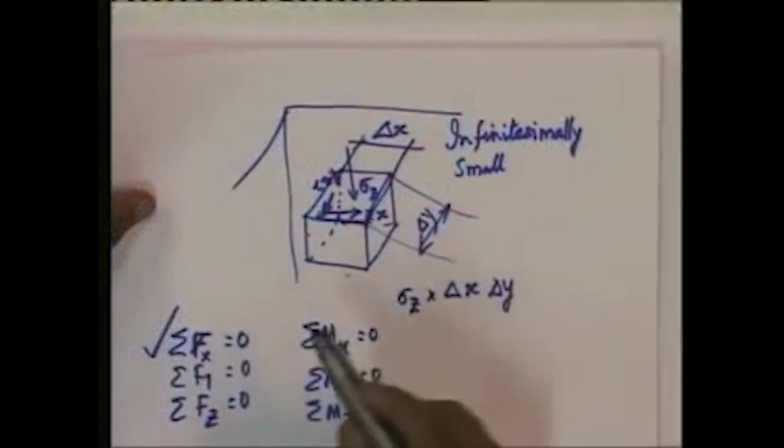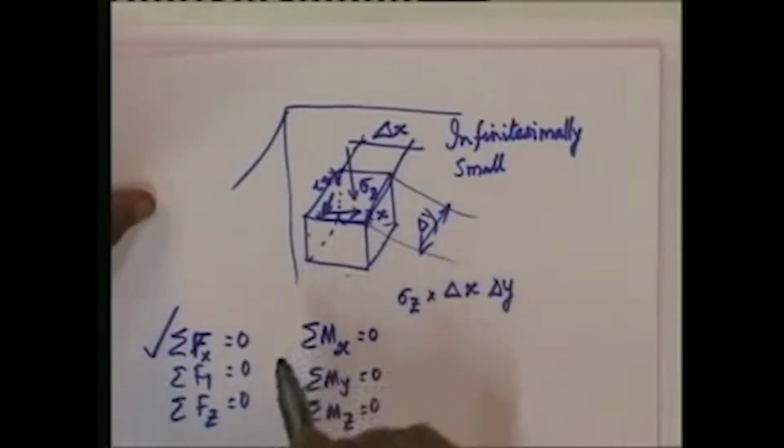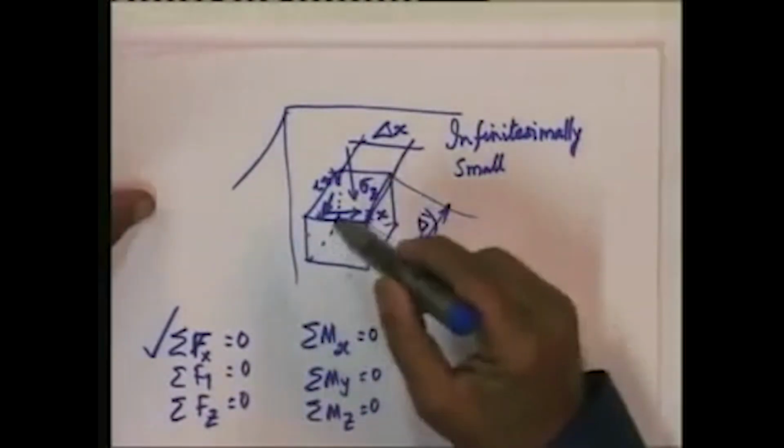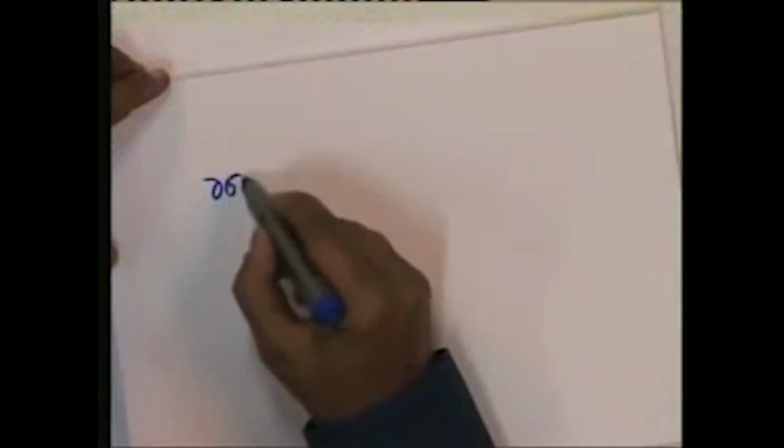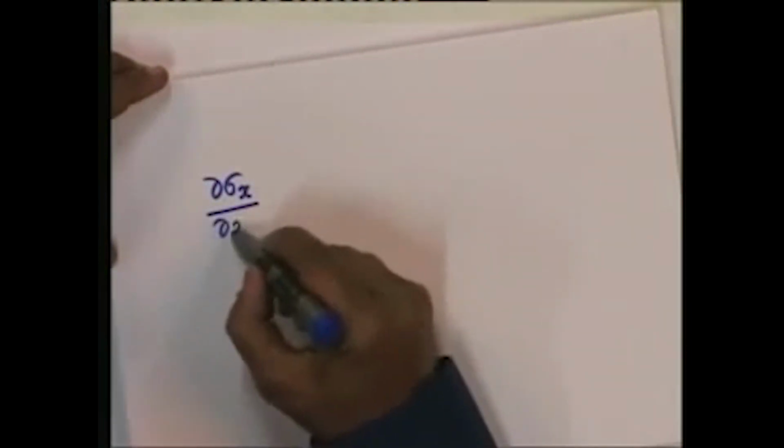I shall be giving you the equation which represents the state of stress that keeps the element in equilibrium in the x direction. This equation will look somewhat like this: delta sigma x upon delta x